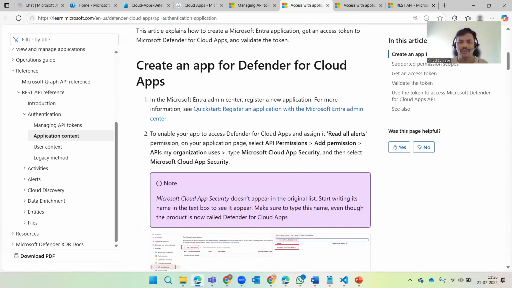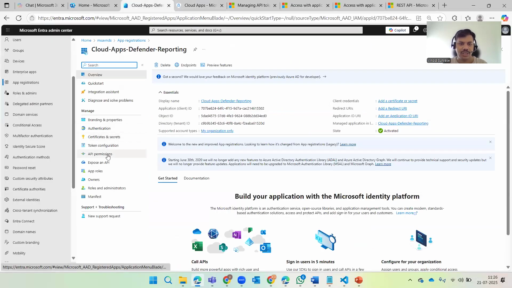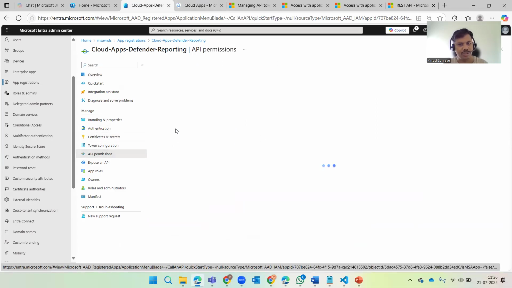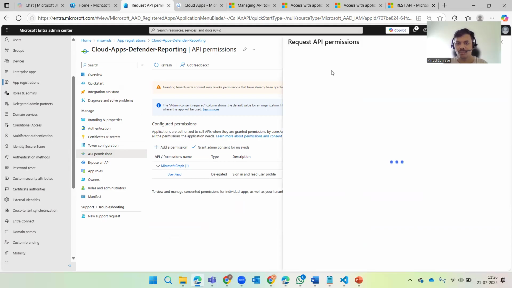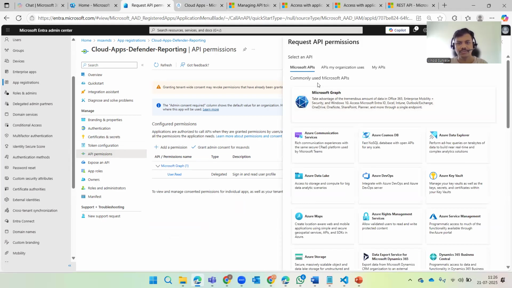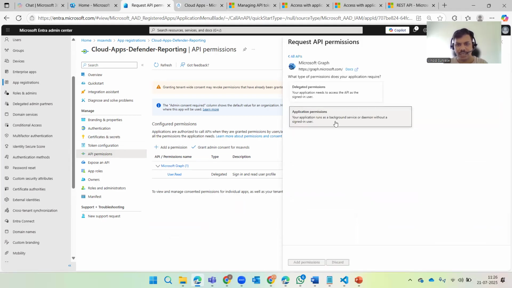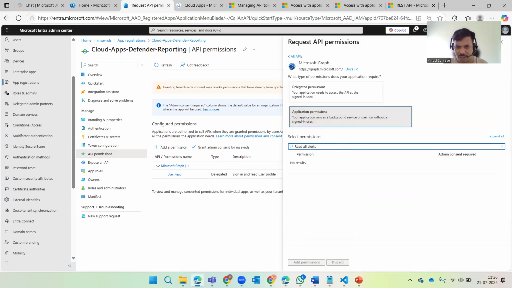And this is one of the permissions we wanted to add to that application, read all alerts. Once we do that, everything is ready. Let's jump on to the permissions and add the permissions. And it's application permission that we are going to add, because